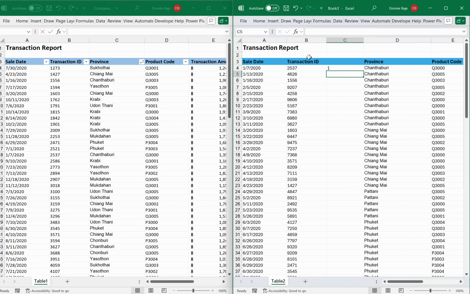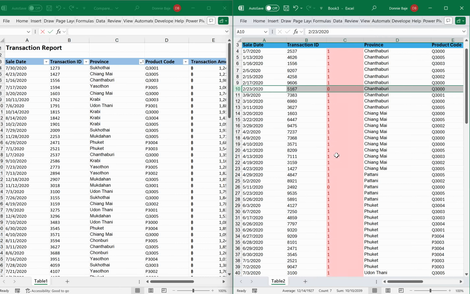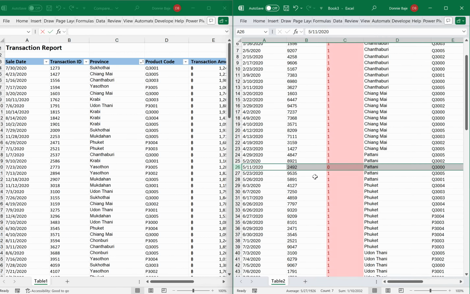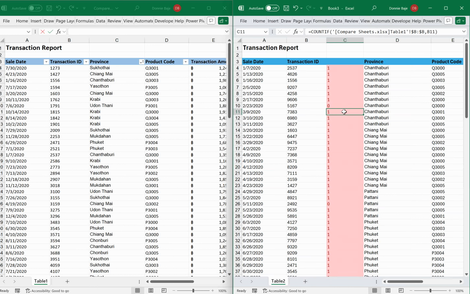So we're getting 1. Double click. My conditional formatting again triggered. And it's the same. So I have the zeros scattered all throughout. And this just shows you that the formula will still work even if you have another file involved. The only difference is that in the formula, you will now see the name of the file included in the formula itself, because Excel